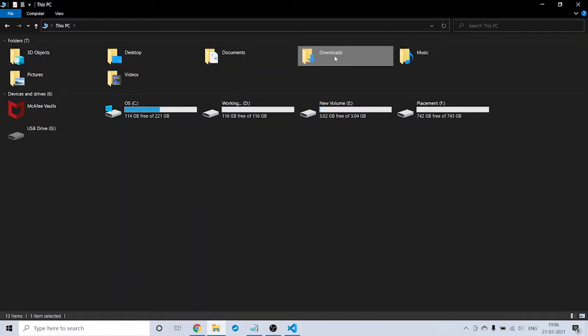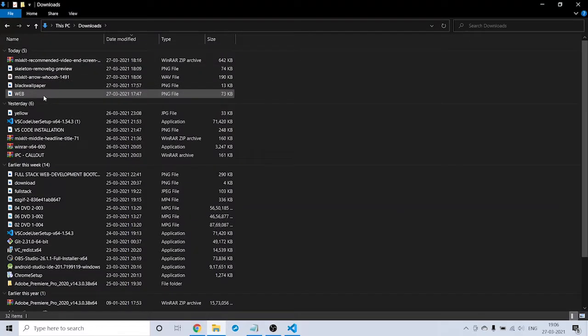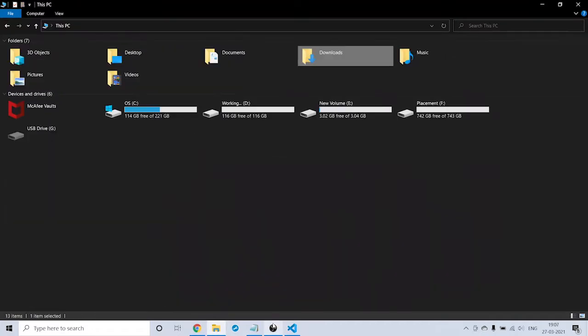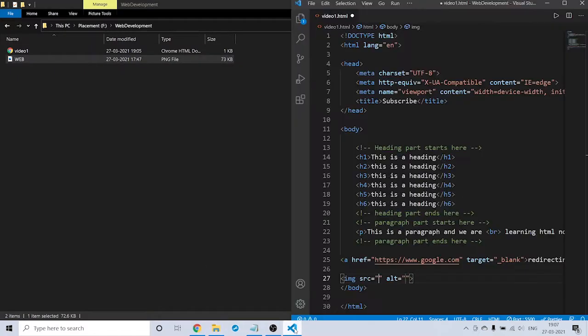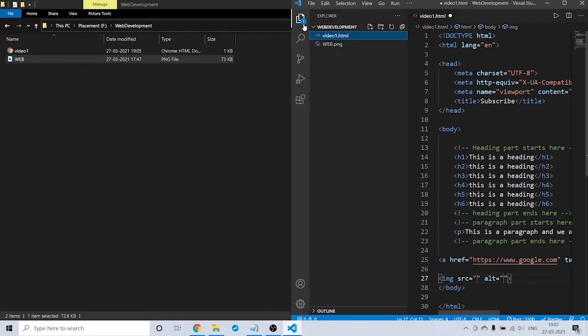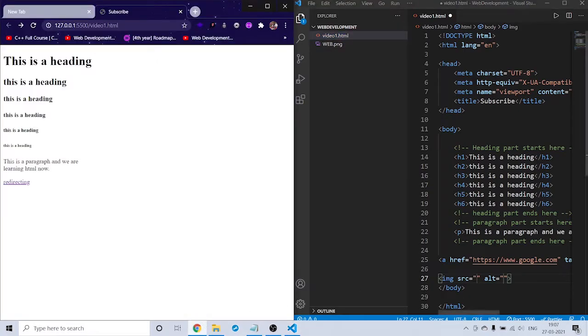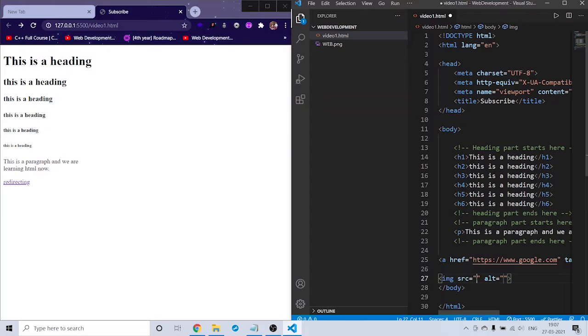You can copy this path, but to make it easier, I will place that image here in our web development folder. So when you go to the file explorer, you will see the web png, and I will try to access it here, which is in the root. I am going to access this web png.